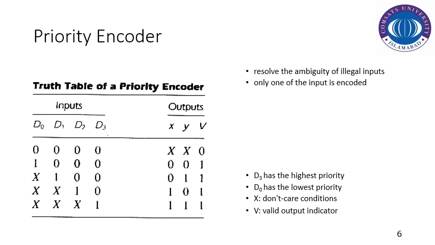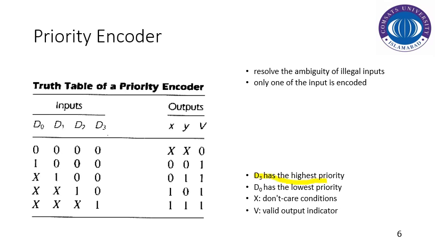These sorts of encoders basically resolve any sort of ambiguity of illegal inputs. Illegal inputs means that multiple inputs get high at the same time, so only one of the inputs is encoded. Which input should be encoded is dependent upon the priority of the inputs. According to this table, D3 has the highest priority,